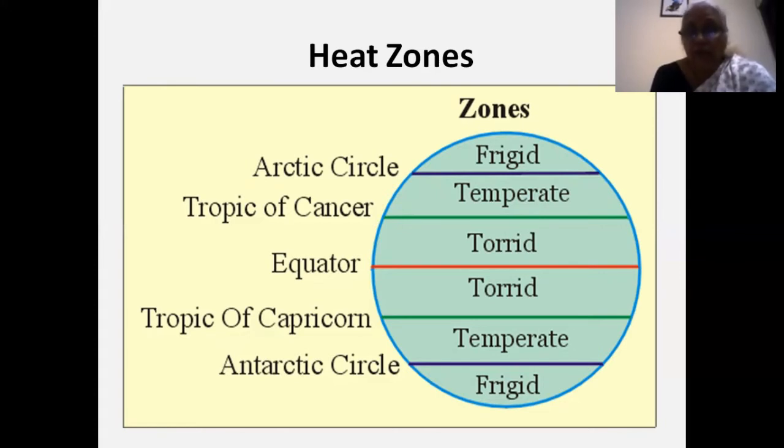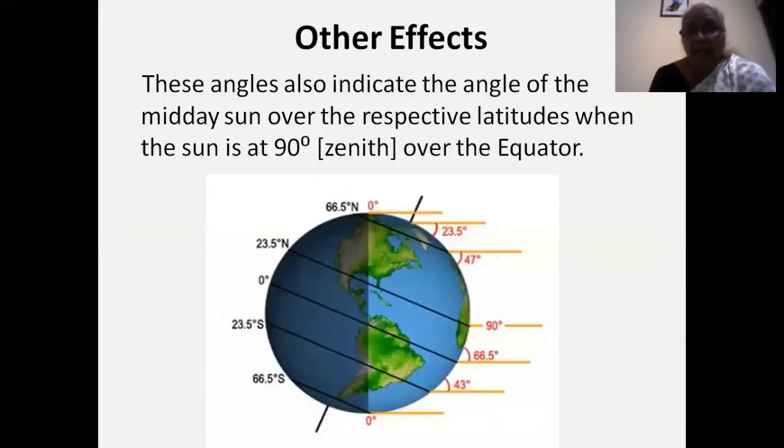The torrid zone is hot mainly because the sun's rays during the afternoon are the hottest. As we go towards the polar region, the sun's rays are much lower in the atmosphere and it is colder. The sun's rays come in from almost 0 to below the horizon, and that's why it's extremely cold there. So this gives us an understanding as to why temperatures decrease as we move from the equator to the polar region. The other effects are, like I said, the seasons.